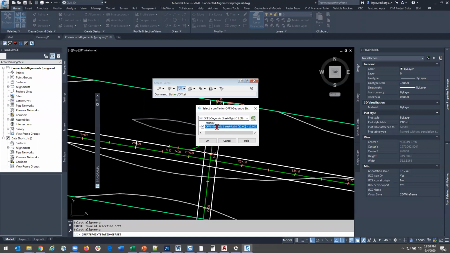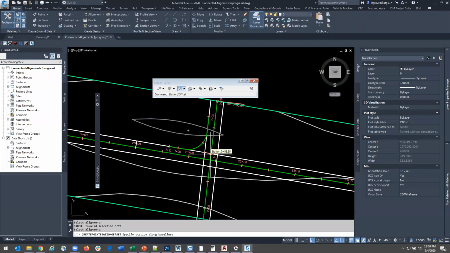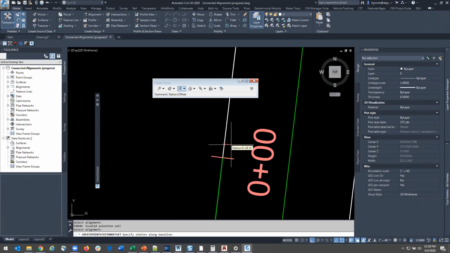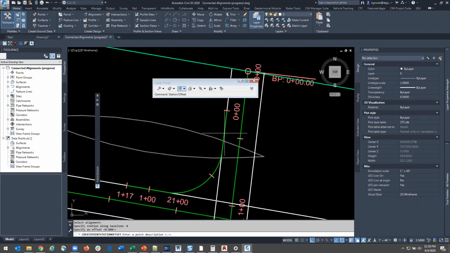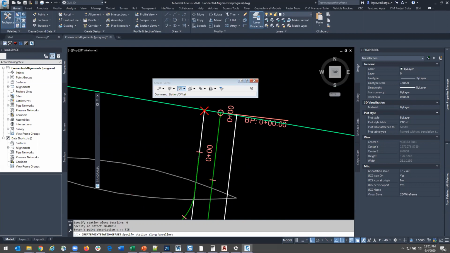I'm going to choose a profile because I already set this up with my offset profiles. This is going to be pretty straightforward. I need a station, I'll put that at 0, an offset of 0, and then a point description. I'm going to use 3 descriptions. One is a tie-in, we'll use that at the ends, and then,